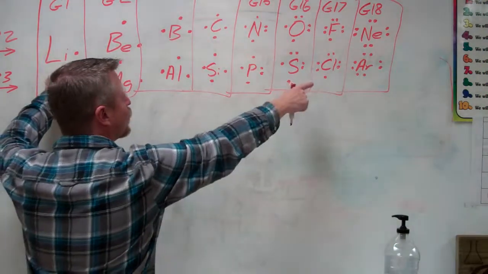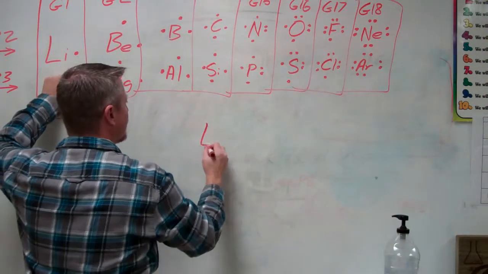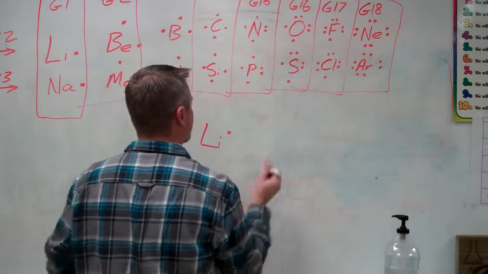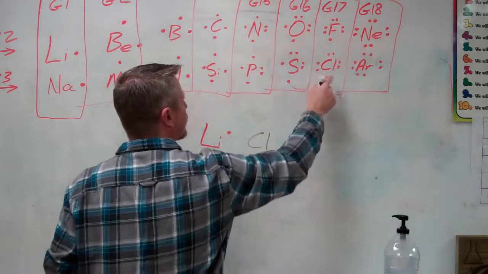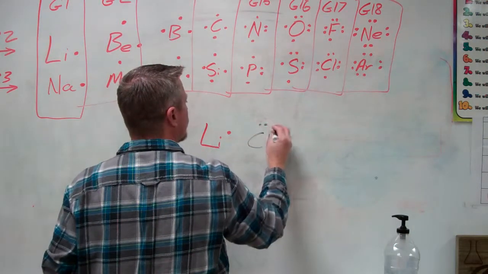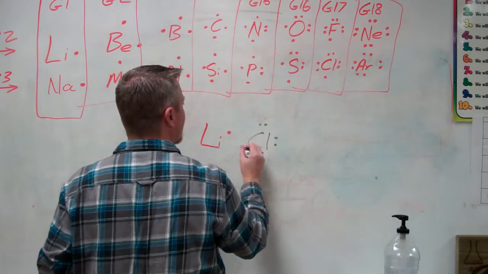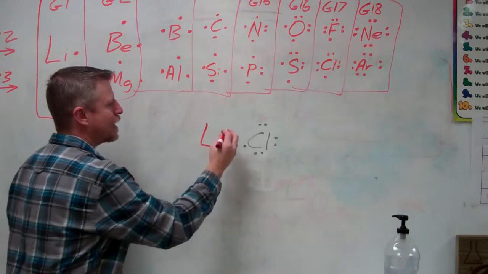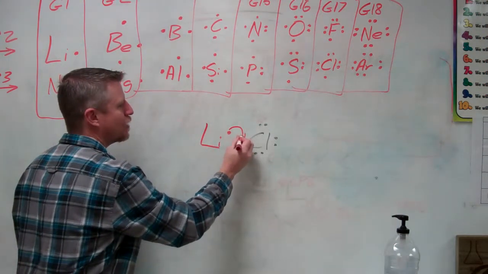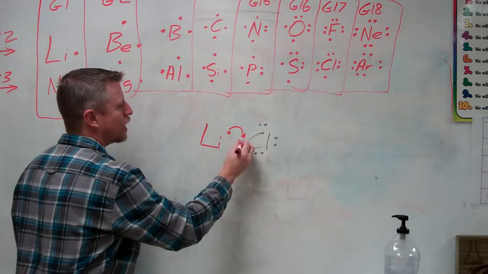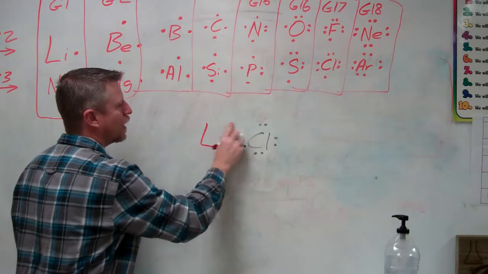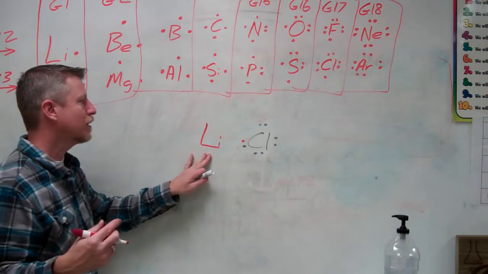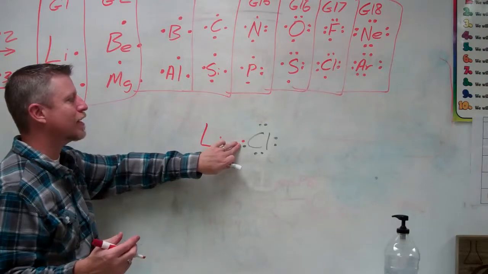If we have lithium and chlorine, for example, combined, we have lithium with 1 valence electron, and we have chlorine with 7. 1, 2, 3, 4, 5, 6, 7. Okay, see, these guys get together and they make a deal with each other. This guy says, hey, I want to get rid of my 1 electron. And he says, will you take him from me? So it jumps right over here. Now it's gone. Okay? Now this atom becomes happy because his inner ring is full. So he's stable.